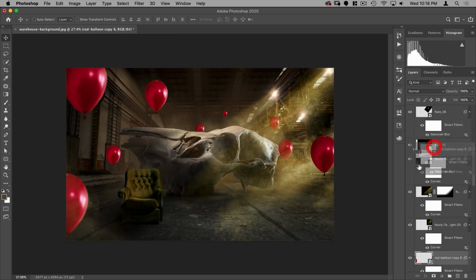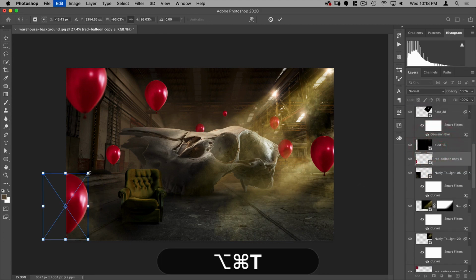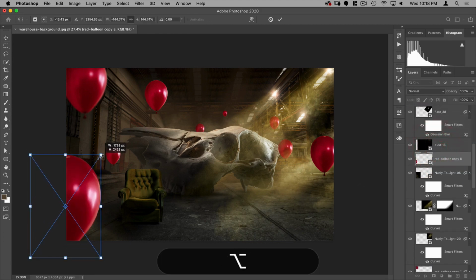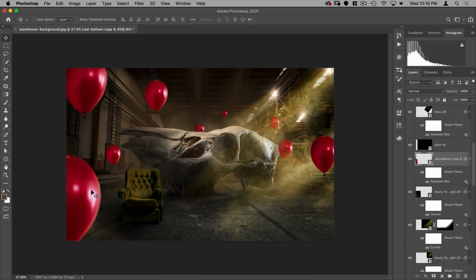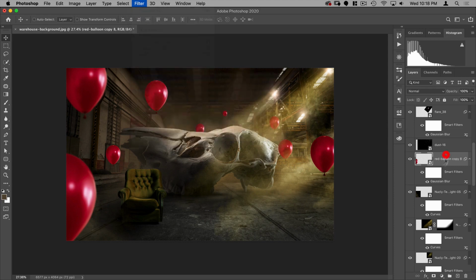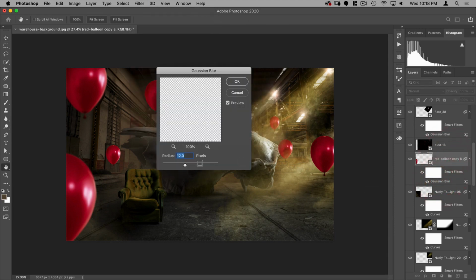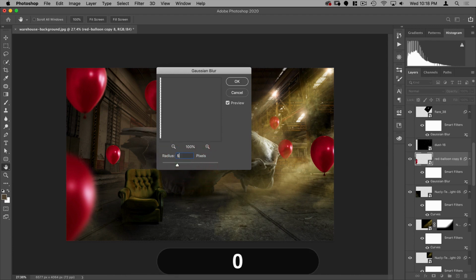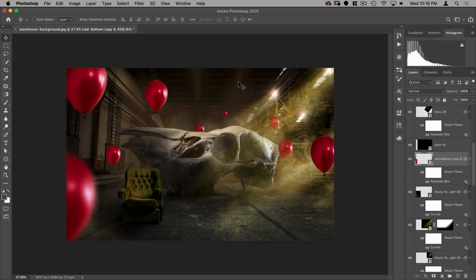Make sure it's in front of that atmosphere there. And I'm going to make this one significantly bigger. And we'll blur this one even more. So it already has a Gaussian blur smart filter. So if I just double click that, I can adjust the setting on it. So probably around 50. All right, so now I have pretty much everything in place.